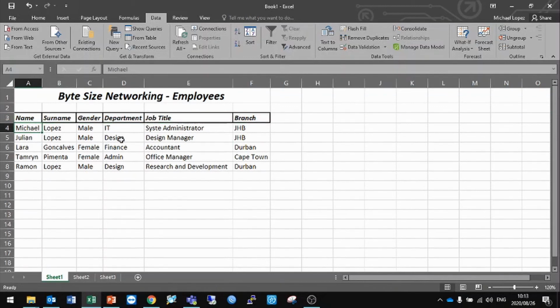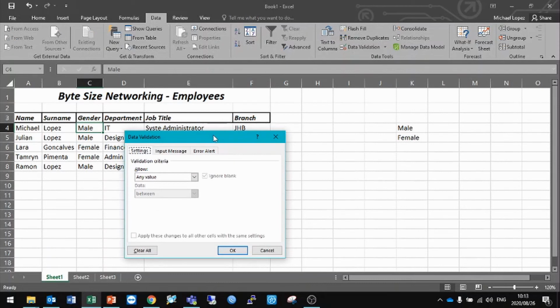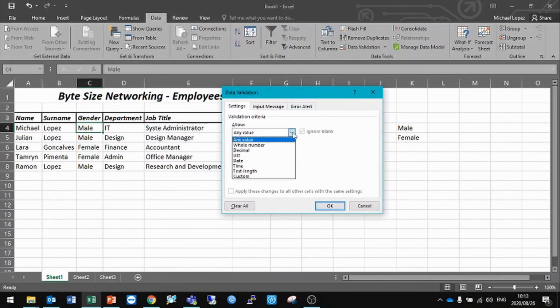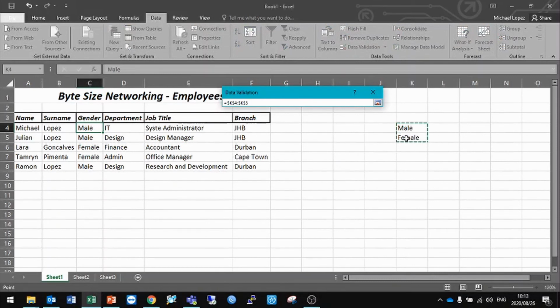Another interesting thing we can do, if we have a field, let's say gender, for example, people are either male or female, so we don't want people to be entering anything besides male or female in this column here. We can actually create a drop-down menu. So what you can do is type a list of the various options that you want to be available here. You're then going to click on Data, Data Validation. This window will appear. You're going to select the list option. You're then going to specify the source of the data. So there it is there,